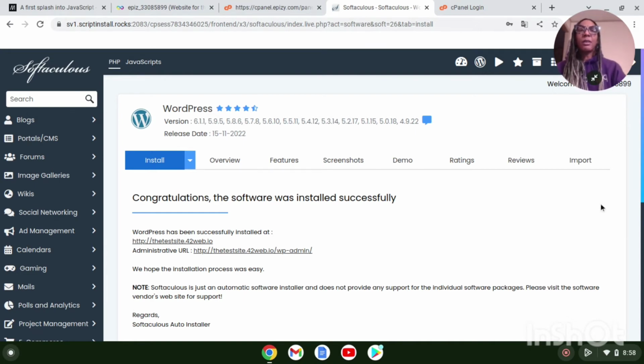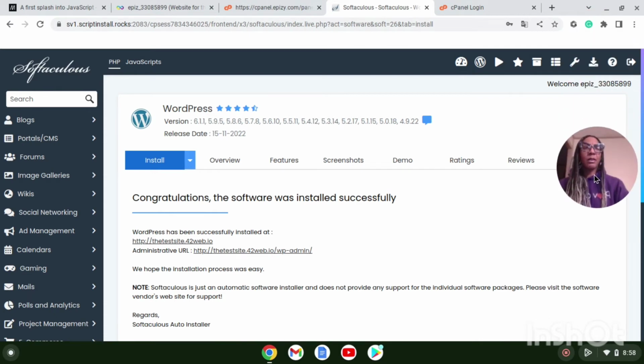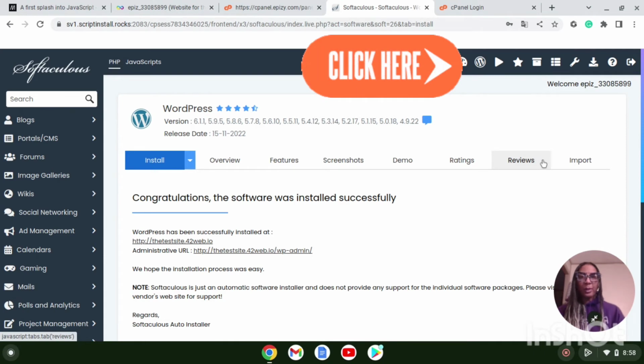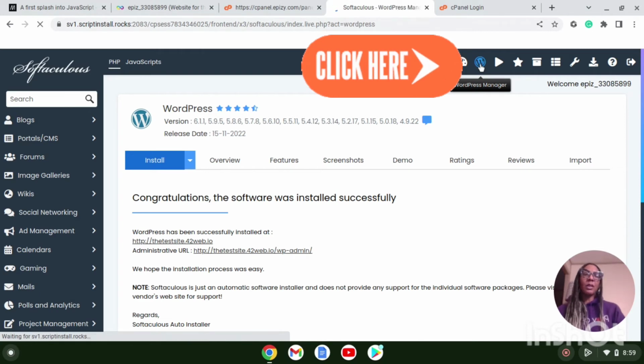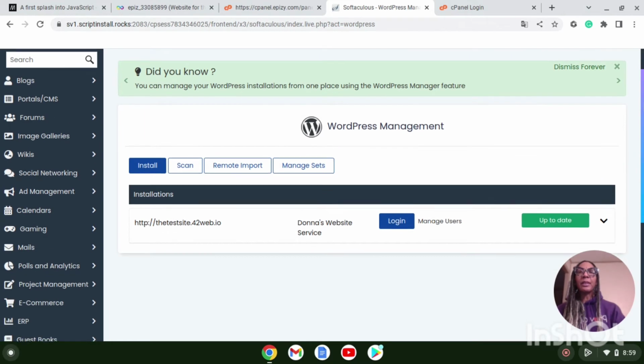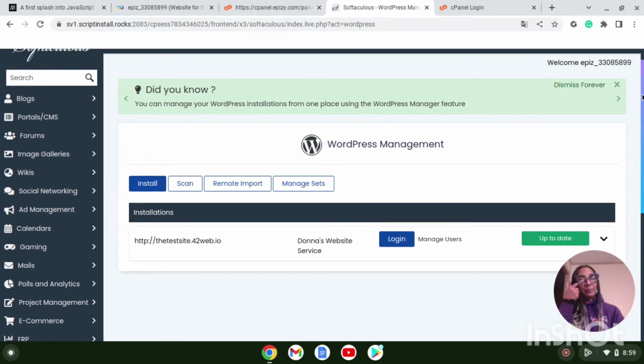And now, let me just put this down here. We're going to actually go into WordPress, and I'm going to show you all of the features on how to best manage exactly what's going on behind the scenes here. So now we're here in the WordPress management, and we're going to go to login. And login is going to take us to